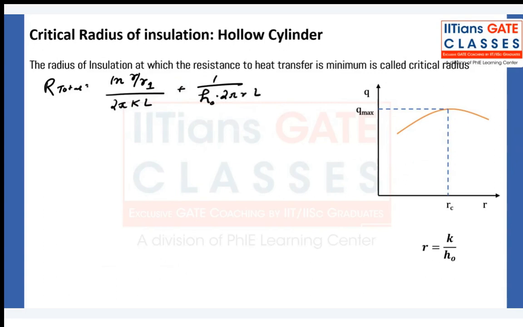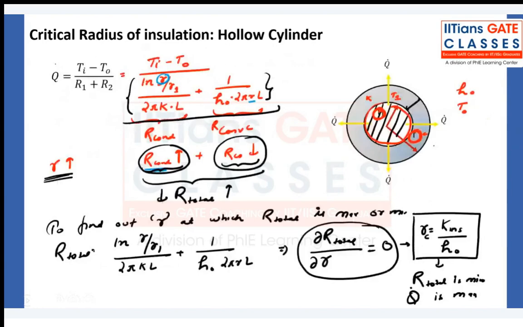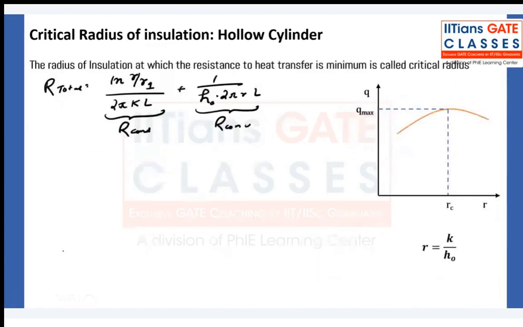So this is your conduction resistance, and this is your convection resistance. Now, when you are increasing the outer radius R, but your R is still less than the critical radius,